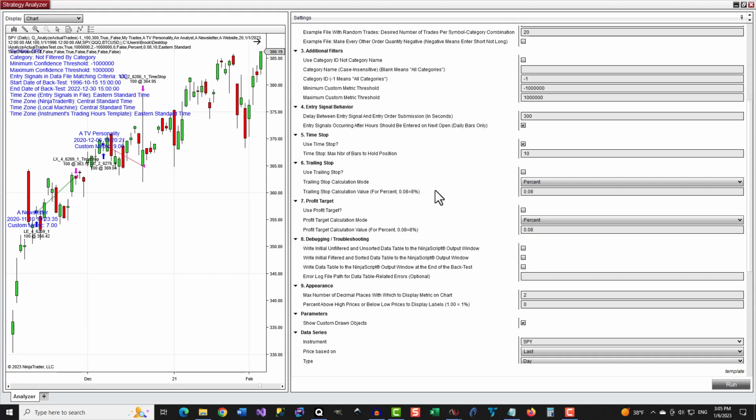The entry signals can be those of your actual historical trades downloaded from your broker.